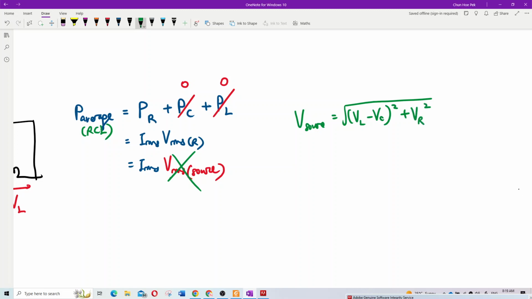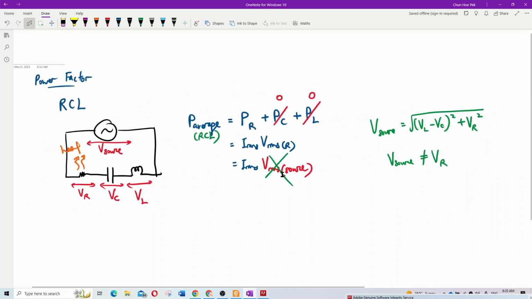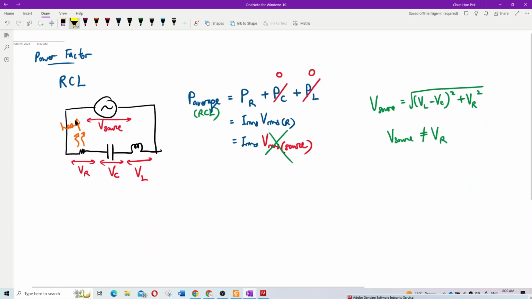Understand? For this case, V source is not equal to VR. So we cannot change VR to V source. This cannot be done for an RCL circuit. V source is not VR, so you cannot use V source here. Only VR is used to calculate the P average, because heat is only dissipated at the resistor,